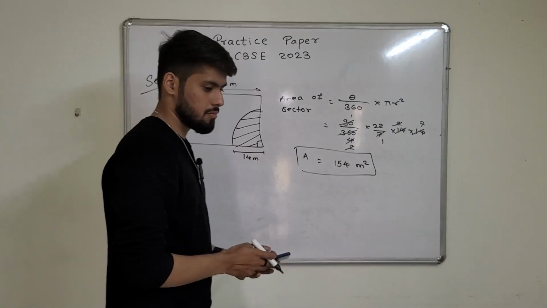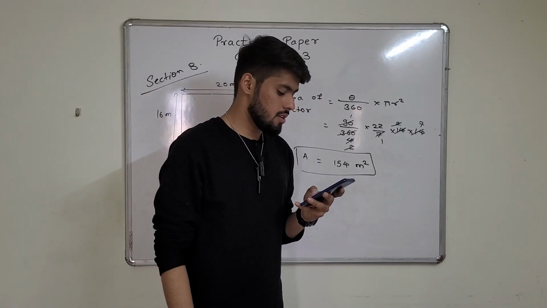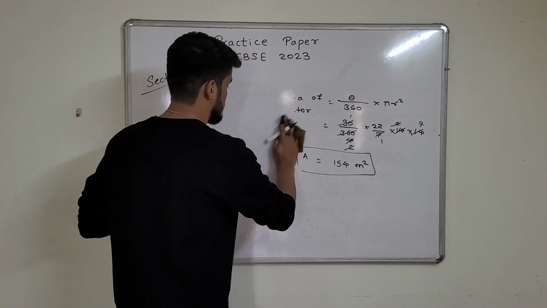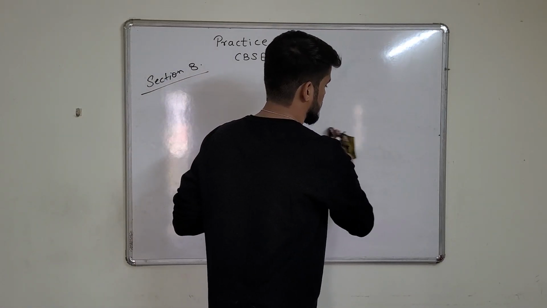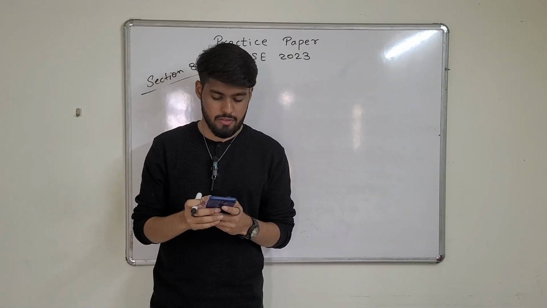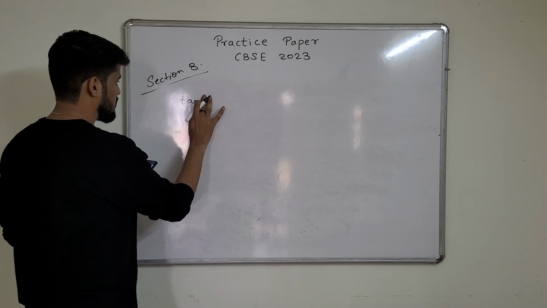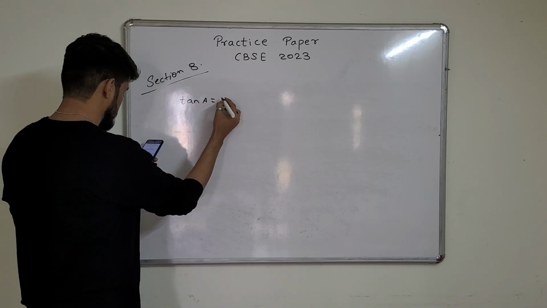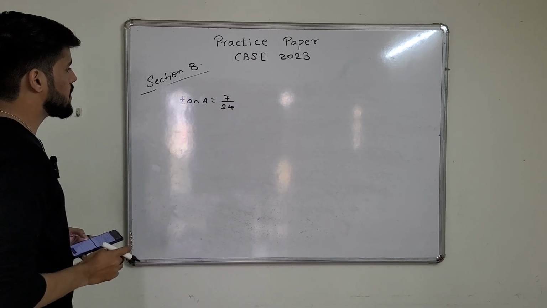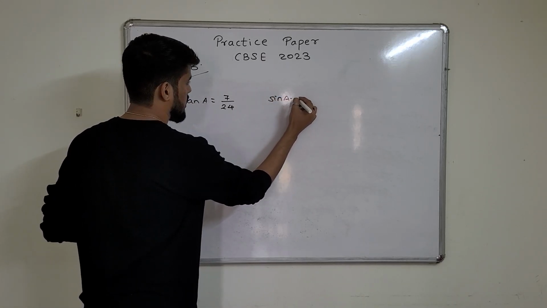Okay, now so this was the 22nd question. Now let's go to the next question. Okay, so let's go to the next question, that is question number 23. If tan A equals to, they have given 7/24. Tan A equals to 7/24, and we need to find the value of sin A into